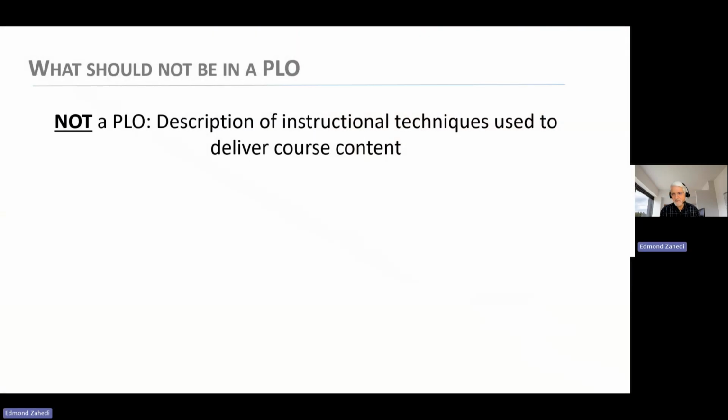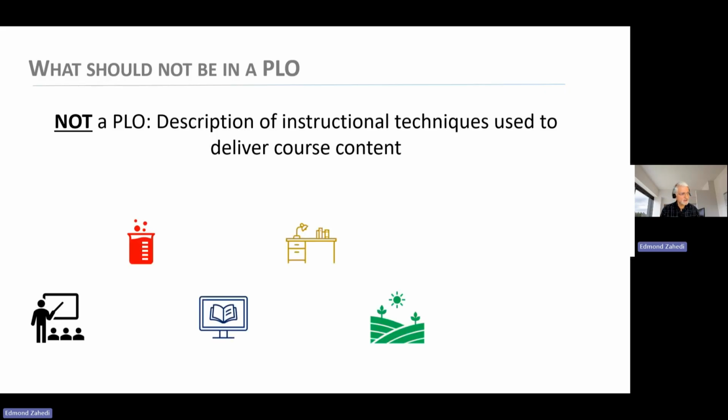So before going further, what is not a PLO? Well, anything that touches on the description of instructional techniques used to deliver course content.